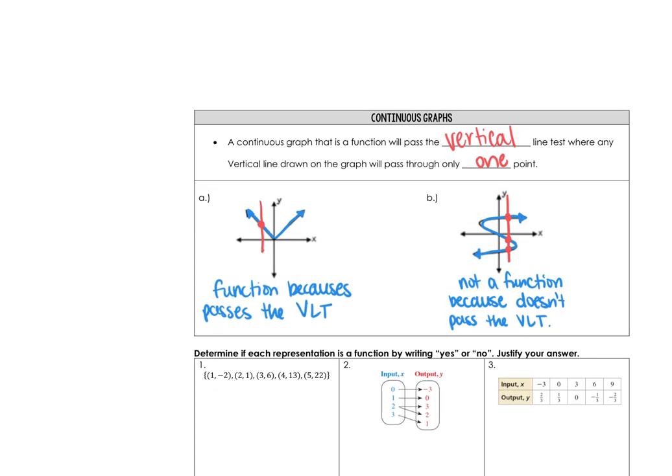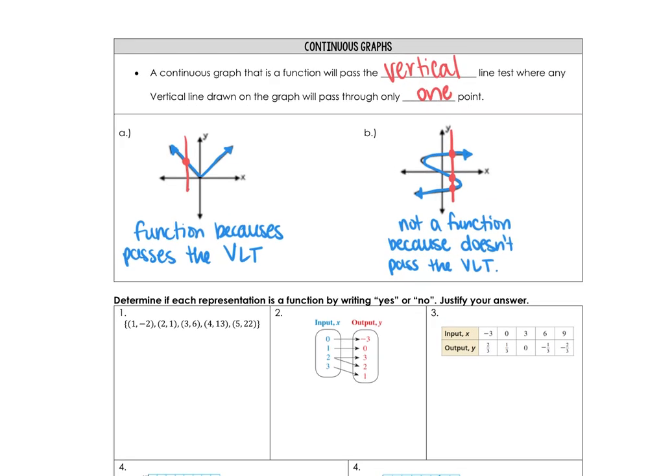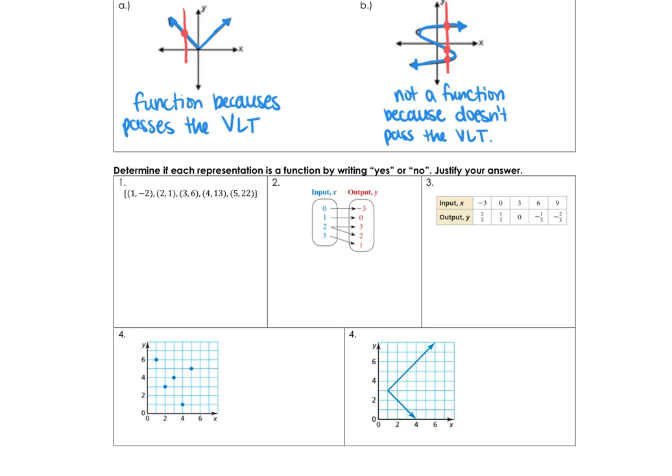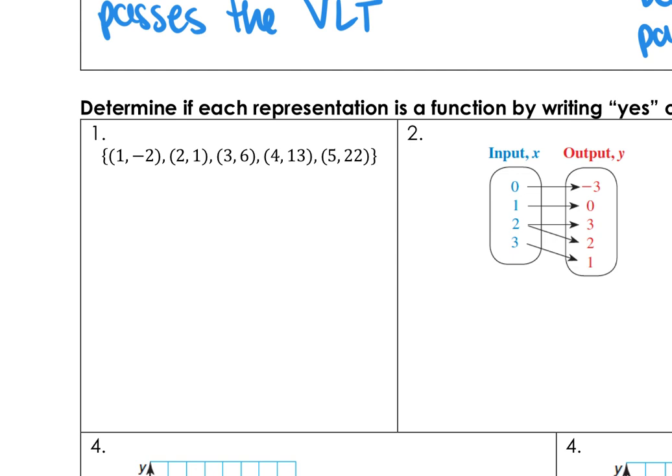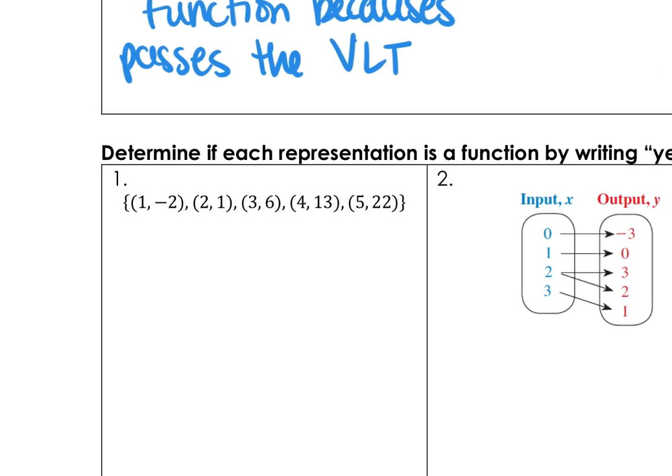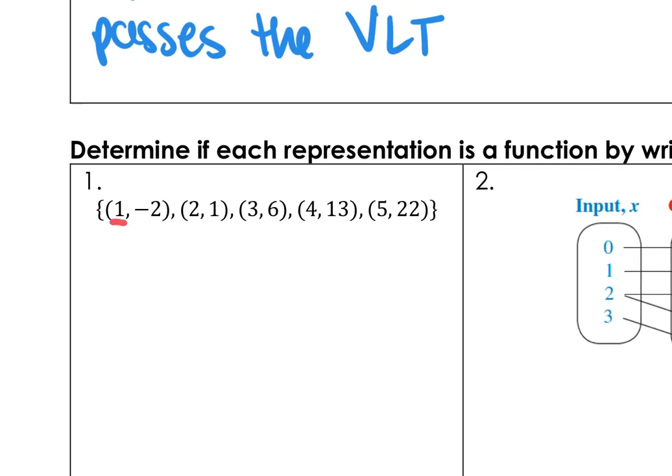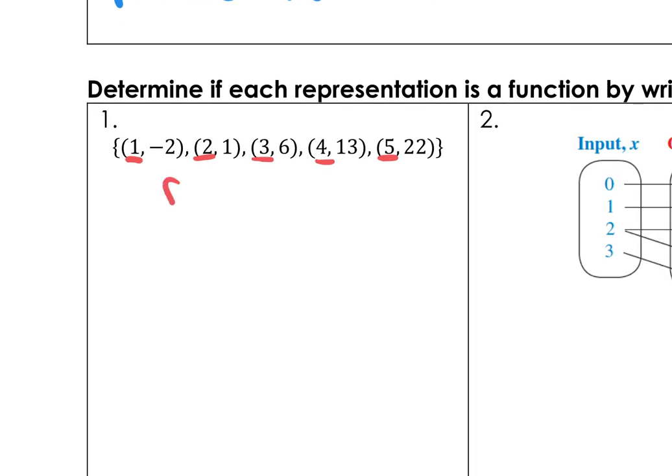All right. So now that we've gone over all 5 different representations, I've given you one more of each just to kind of practice here. We are going to determine if they represent a function by writing yes or no, and then we'll say why. So number 1 is back to a set of ordered pairs. So remember with these, we're looking at these x values. So we've got 1, 2, 3, 4, 5. None of those x values repeated, which means number 1 is a function